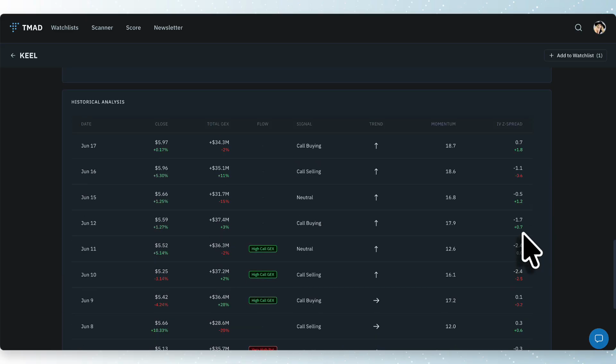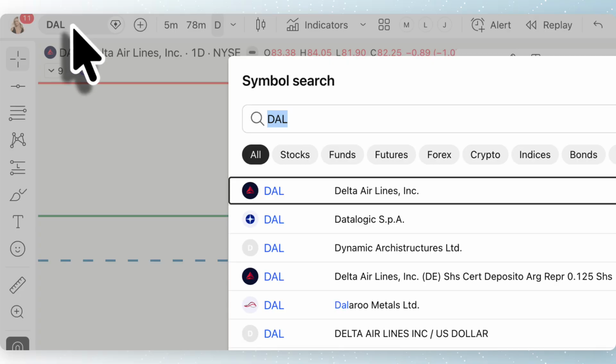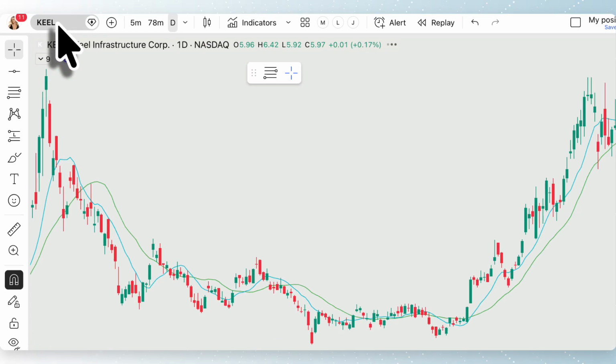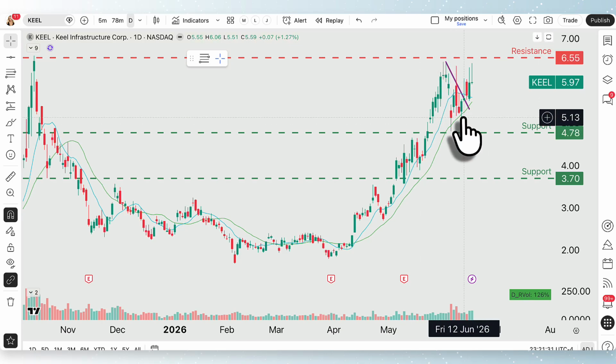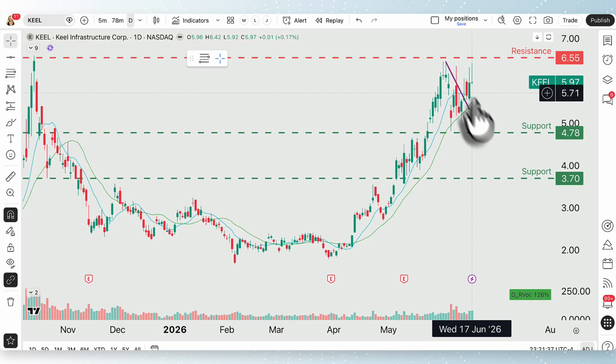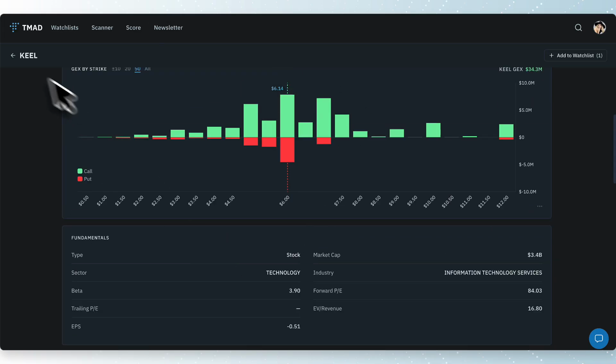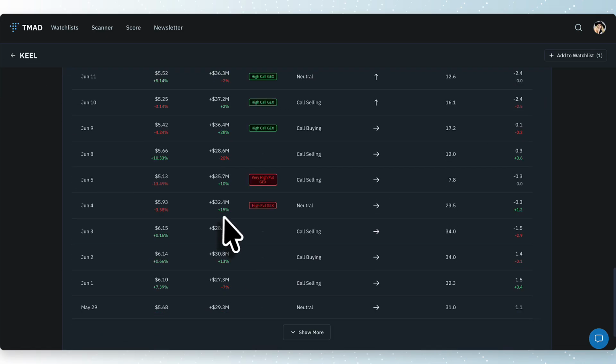All right. And here you can go to the historic analysis and see, okay, what was happening here? Wow, we had high call GEX, which is also interesting. You can see June 10, 9, 11, what was happening. You can see KILL 9, 10, 11. Right here, we were breaking out this level. So yeah, that's how you evaluate